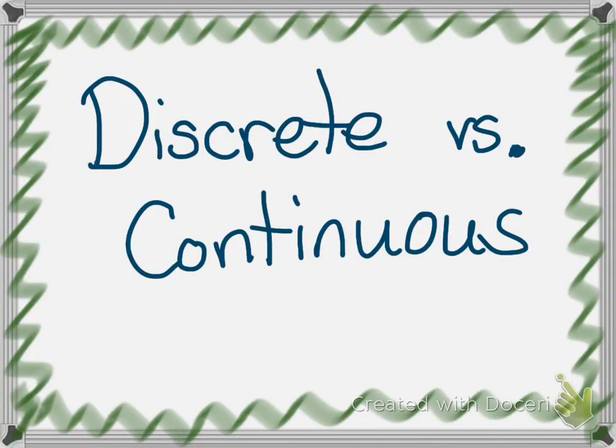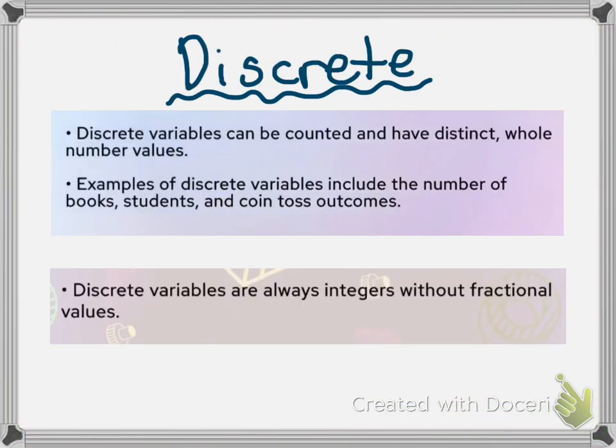Video, I'm going to teach you guys the difference between discrete and continuous. All right, go ahead and pause the video and copy this down. Welcome back. All right, as you can see, it says discrete variables can be counted and have distinct whole number